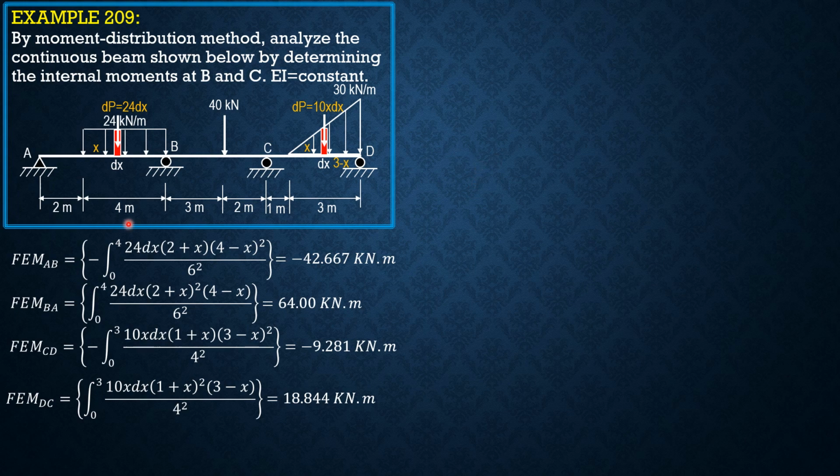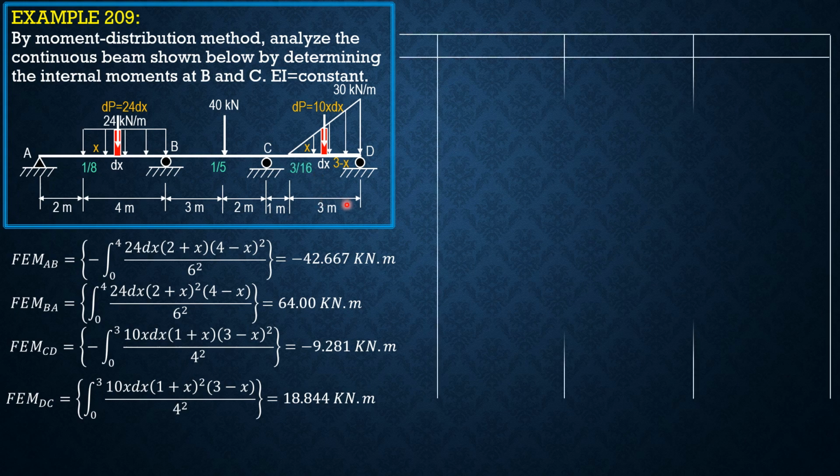Let's now tabulate, but before that, let's have the stiffness of each member. For AB, because the moment at A is 0, this is modified into 3/4 of 1 over 6. 3/4 of 1 over 6 is 1 over 8. BC, internal span, so just 1 over 5. And for CD, the far end has 0 moment, so this is modified again into 3/4 of 1 over 4, so 3 over 16. So tabulating, we have at A,